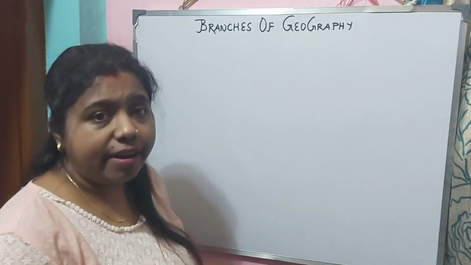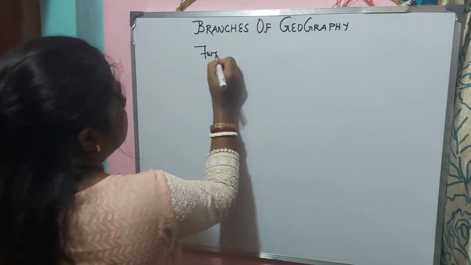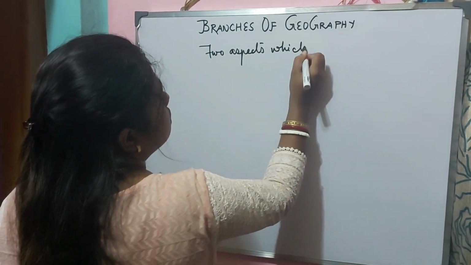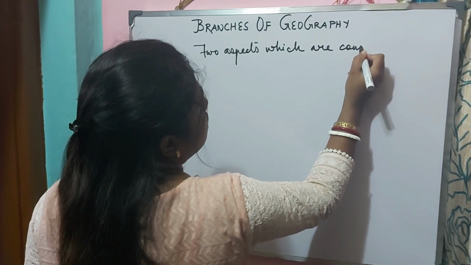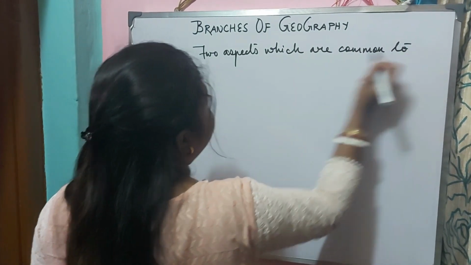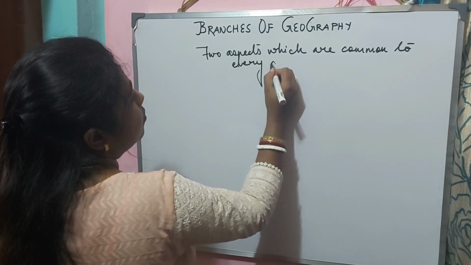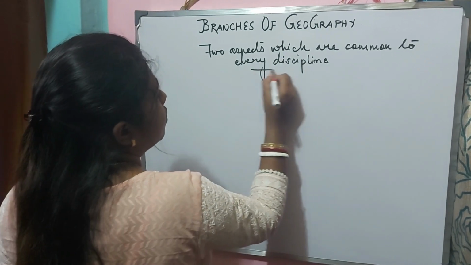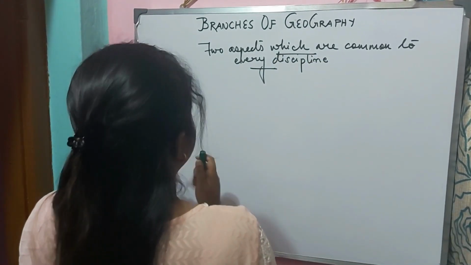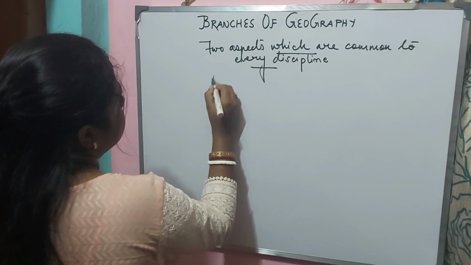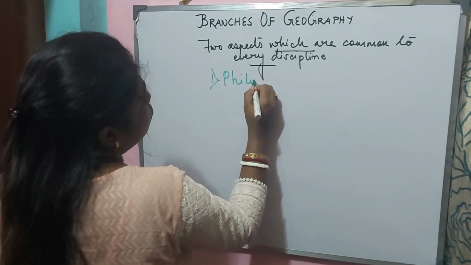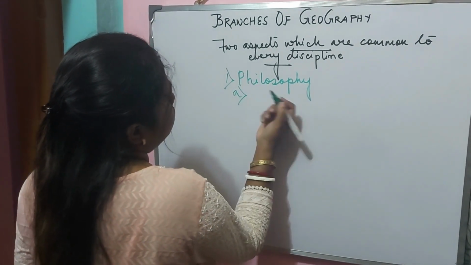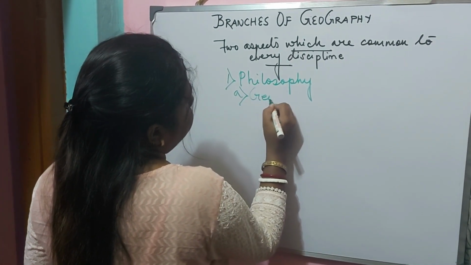Now we will see there are two aspects which are common to every discipline. First is related to philosophy, which is subdivided into geographical thought,